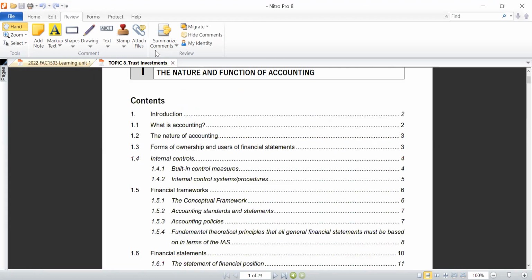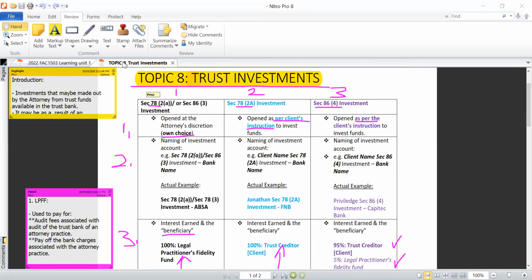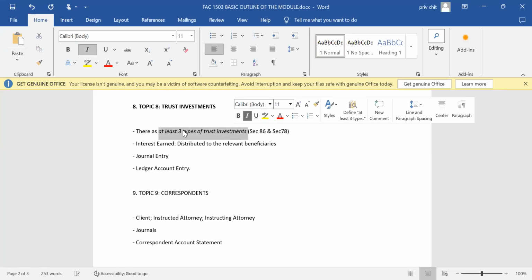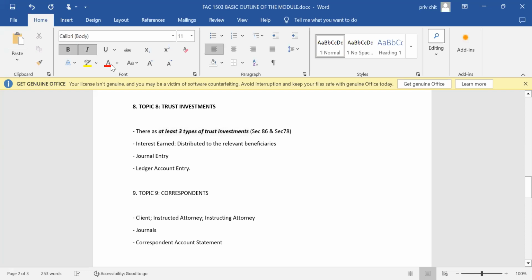Remember, from the outline of topics, I was talking about the basic outline of the module. So in topic 8, trust investments, like I mentioned, there are 3 types of trust investments. For almost every one of these topics, there are notes that I have prepared for you in regards to each one of them, so that at least you've got an understanding of what is going on there.